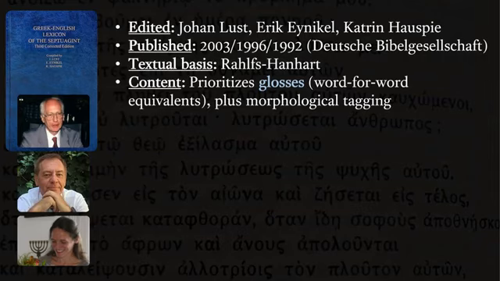And so what they provide not only includes morphological tagging and some statistics, as I'll show you, but their main thing that they're giving you is not so much a definition as with Muraoka. They are giving you glosses or word-for-word equivalents in English, things that you could use in your own translation as opposed to a more wordy, sentence-level description of the semantic range. And that's what a lot of lexicons do. That's probably what you're most familiar with, whereas the Muraoka approach was perhaps a bit different than what you're used to. And so that's what they're going to give you.